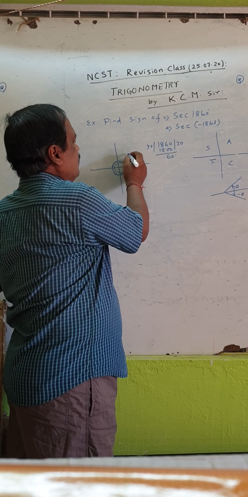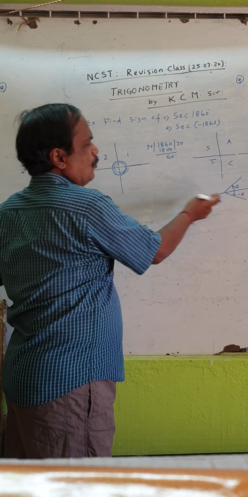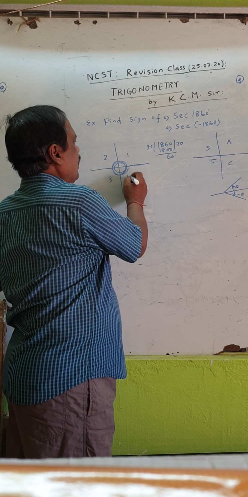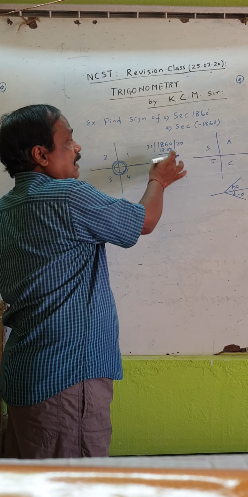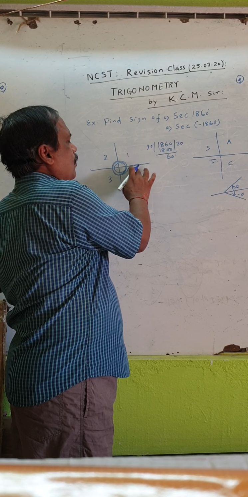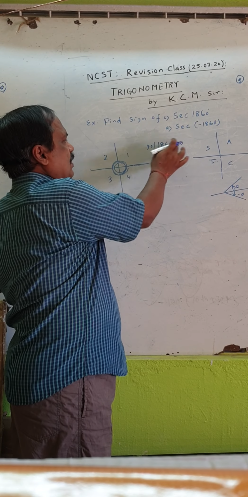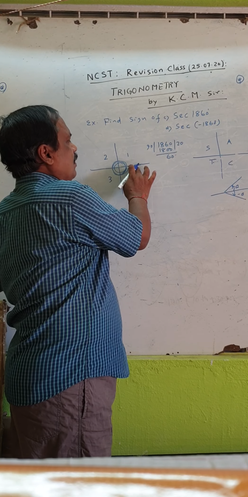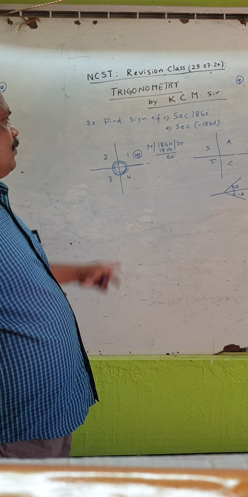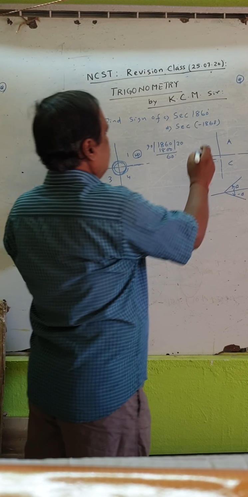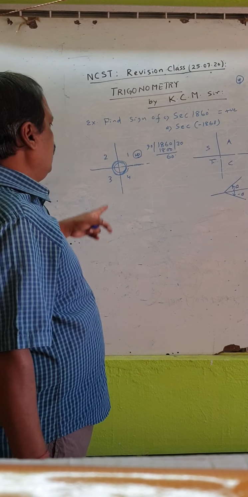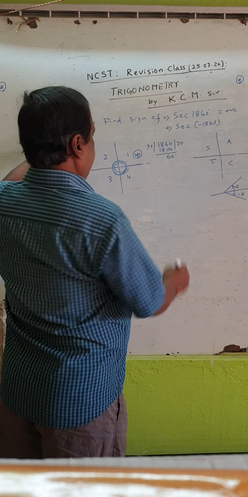Actually, you start with this as 1, 2, because we are moving in this way. This is 90, 180, 270, then 360, because there will be 20 90s, then 60. So 4 ends here, meaning all multiples of 4 end here. So 20, a multiple of 4, ends here. Then another 60 means it lies in the first quadrant. In the first quadrant all are positive. Therefore this is positive. Follow?